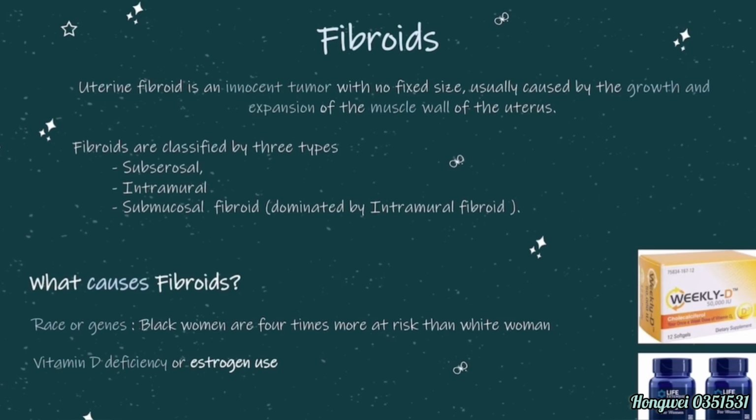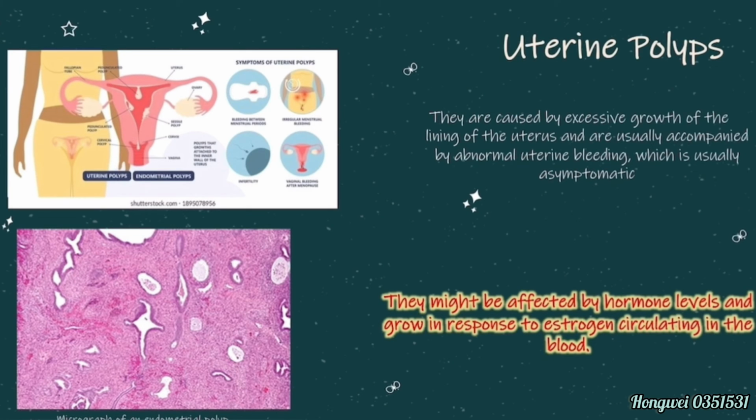Uterine fibroid is an enormous tumor. It's usually caused by growth at the expense of the muscle wall of the uterus. Fibroids are classified into 3 types: submucosal, intramural, and subserosal. Genes, obesity, and vitamin D lack